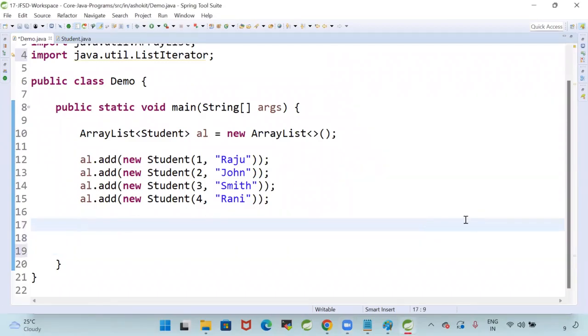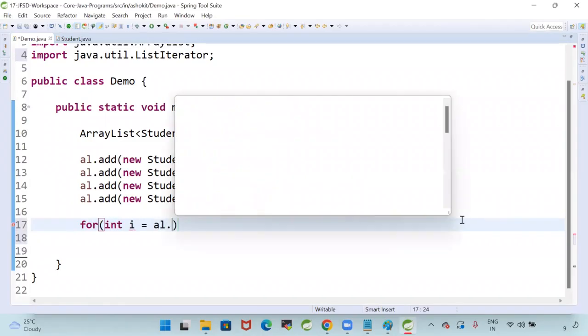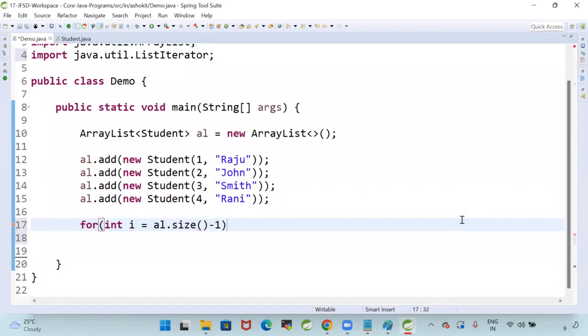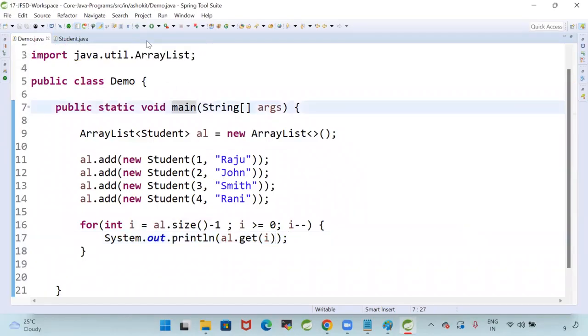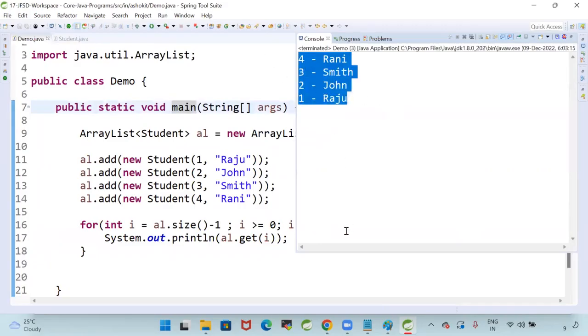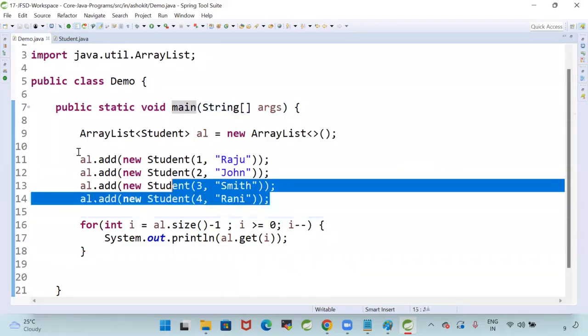Reverse order. For int i equal to al.size minus 1, then i greater than or equal to 0, i minus minus. Now here, System.out.println al.get of i. What will it do? Is it going to print in the reverse order? 4, 3, 2, 1. Yes, we are able to get the ArrayList data in reverse order by using